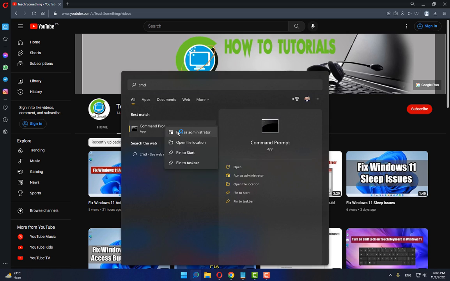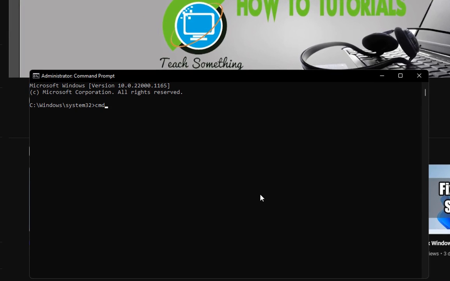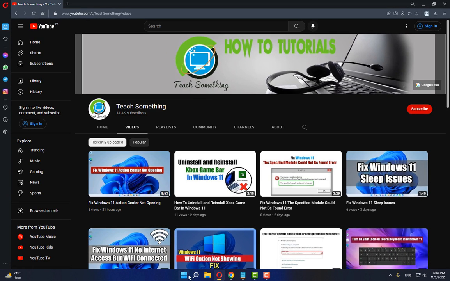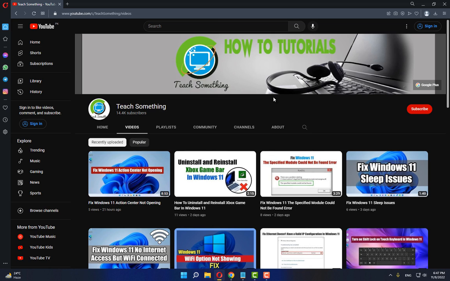Right click, Run as administrator. After that, type the command cmd /c echo off | clip and press Enter. After that, type cls and press Enter, and type exit to exit the Command Prompt. And after that, restart your computer, and I'm sure that after doing this your problem is